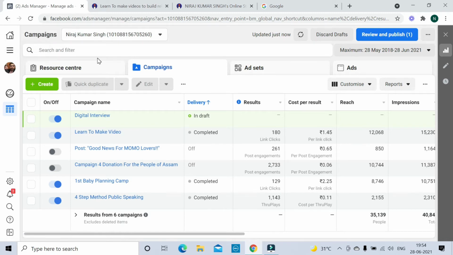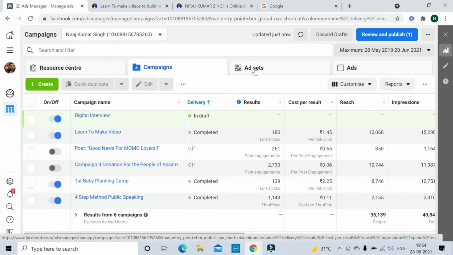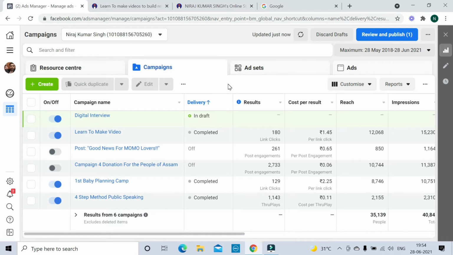Now, under this you will see campaigns, ad sets and ads. Okay, so in an upcoming video I will show you by creating one campaign on this platform.